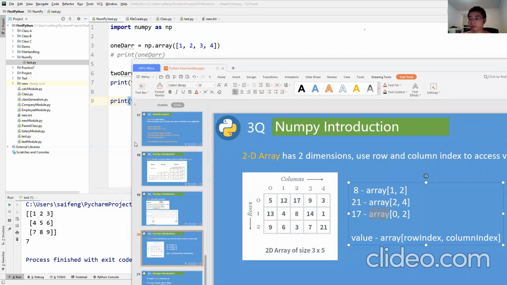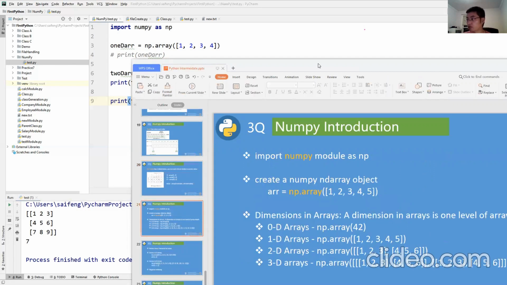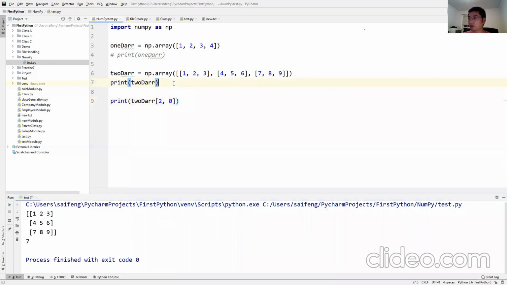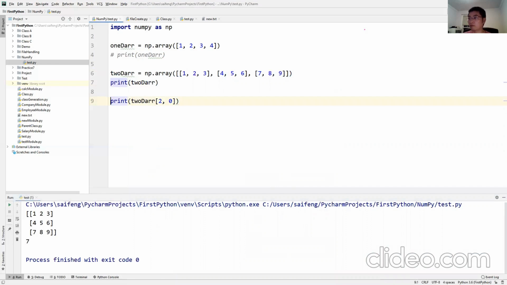Okay, so now let's quickly finish that, we don't have lots of time. So we learned to create 2D. Now we set up 3D, one more dimension. How to understand 3D? If you understand 2D, it will be very similar. You just need one more level up.